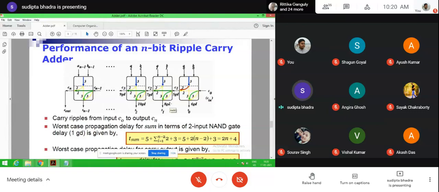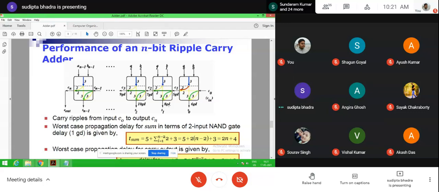Okay. Now that is 5 gate delay plus 3. Previously it is 6 gate delay to get the S0. Now to get the S1, what is the gate delay? 8 gate delay.